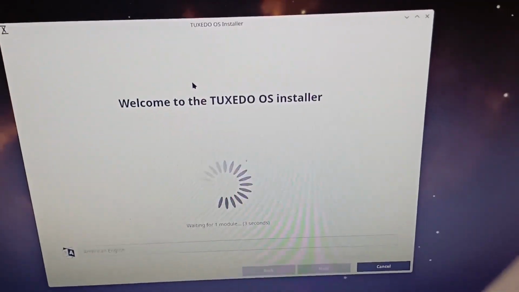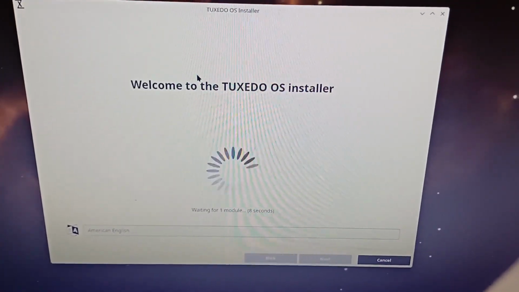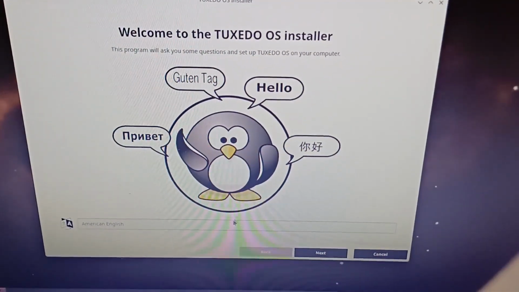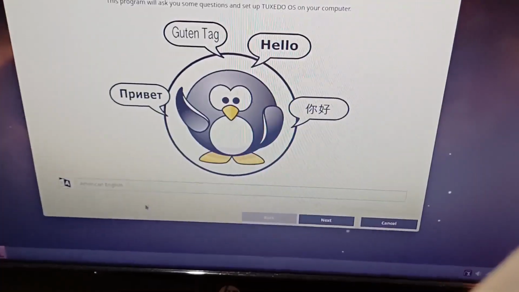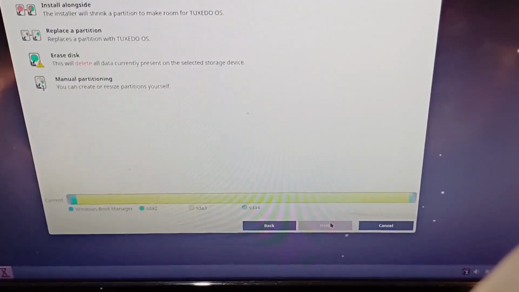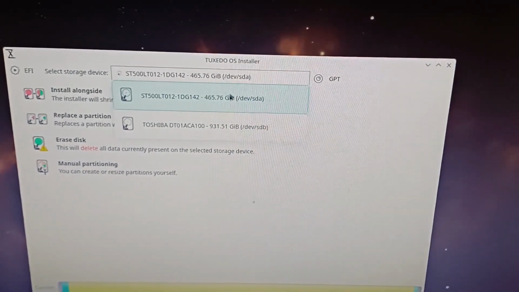Open the installer. Bam, and this gives you another chance to change the language if you selected the wrong one. But I'm just going to click next. Alright, so now you're going to want to select the drive that you want to install to.